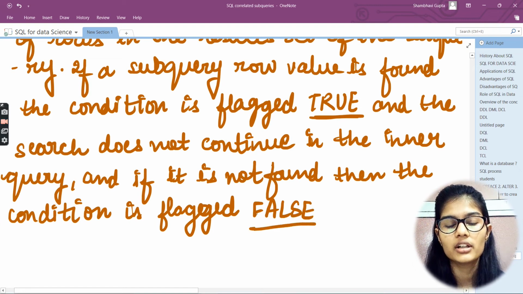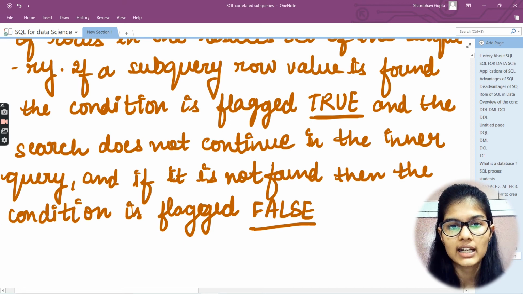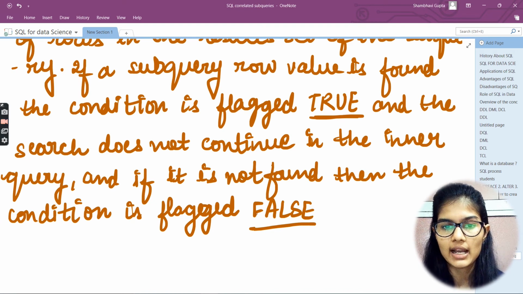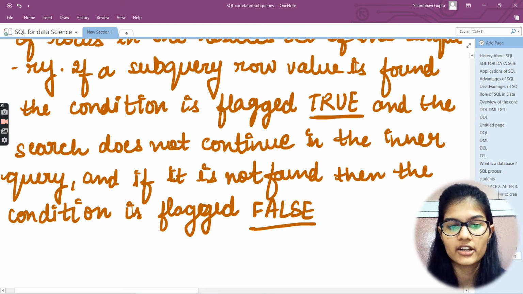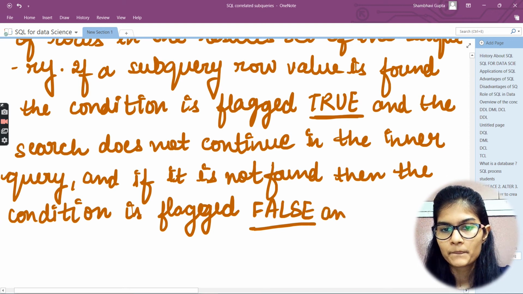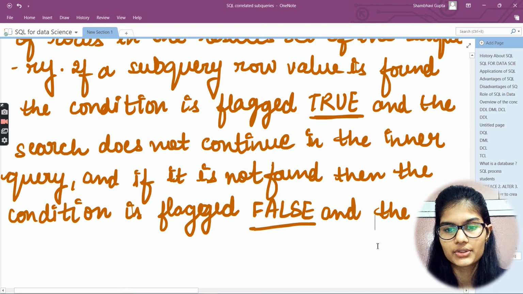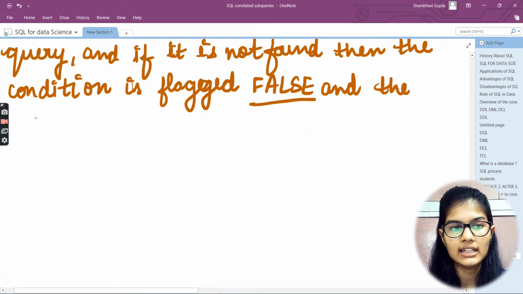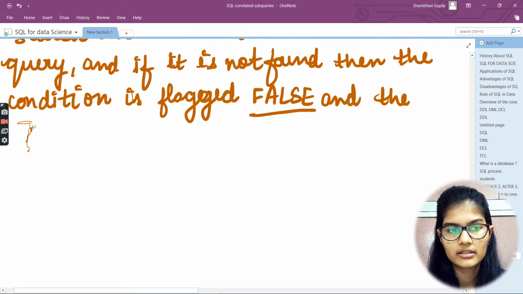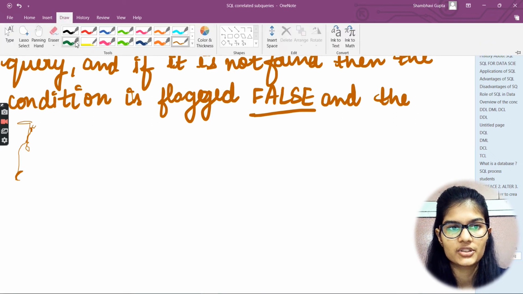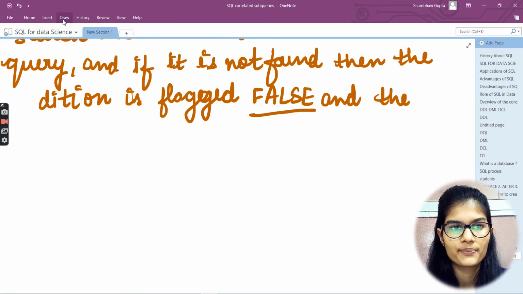case. So if a subquery row value is found, the condition is flagged true and the search does not continue in the inner query. And if it is not found, then the condition is flagged to be false. And I would just go down. Let me remove this as well, and okay, click on the draw, and yeah, here goes the